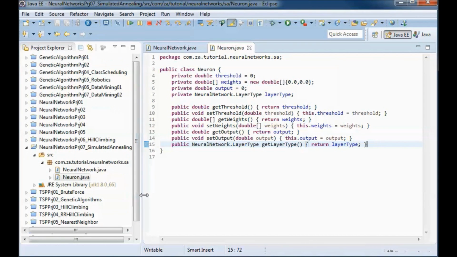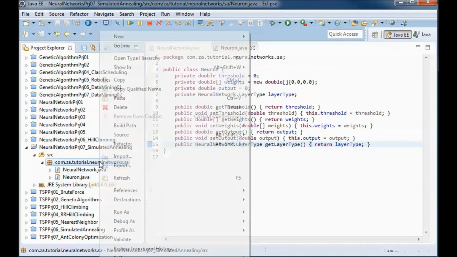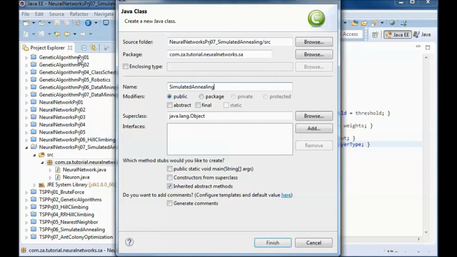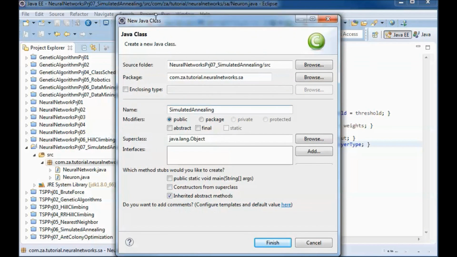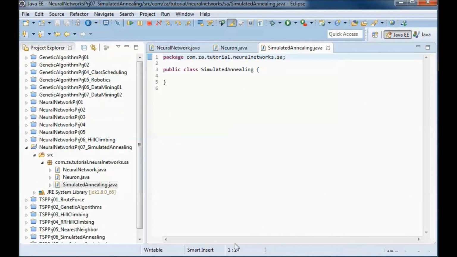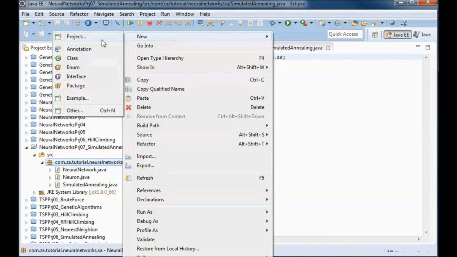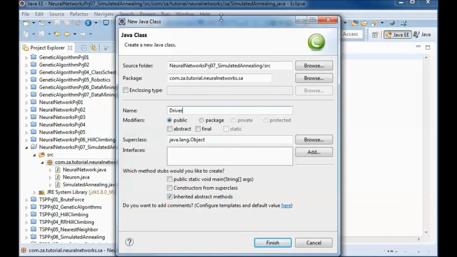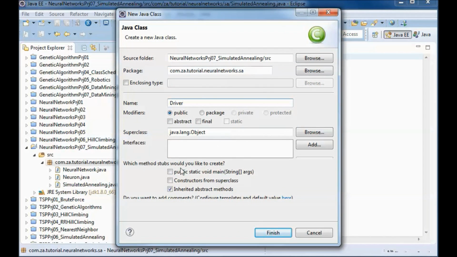And we will have a simulated annealing class where the simulated annealing logic will be. And an application driver class with a main method.